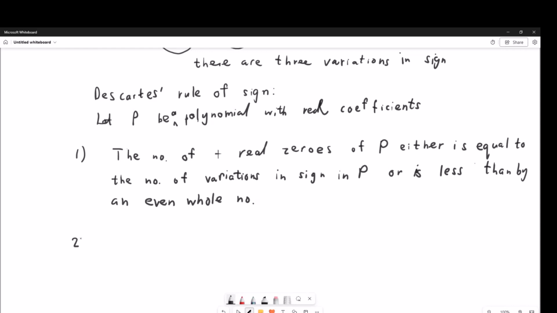This will become clearer when we deal with an actual example. Let's check the second point. The second point speaks of P of minus X. It says that the number of negative real zeros, I'll just say negative for the sign, number of negative real zeros of P is either equal to the number of variations in sign